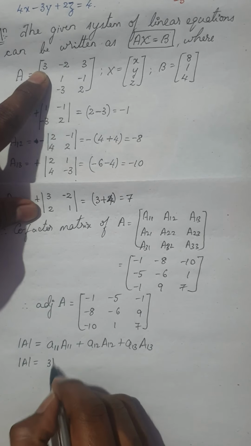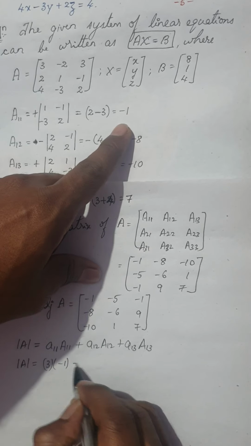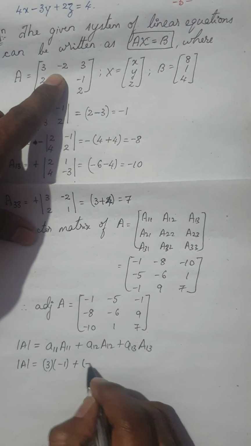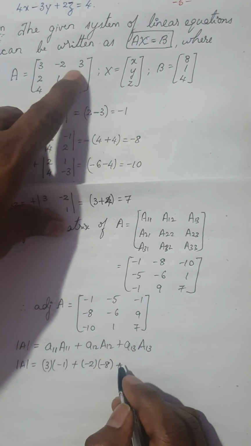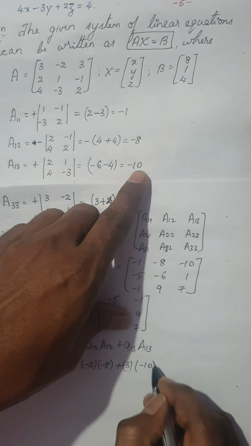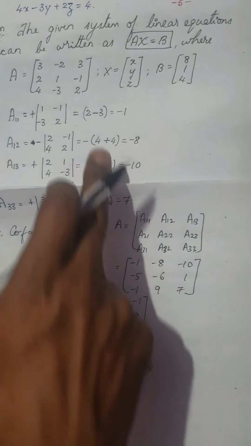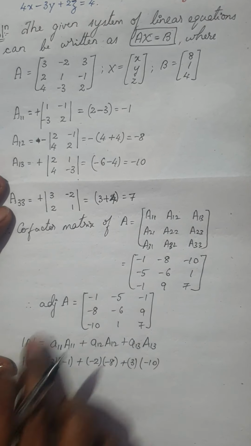So I have 3 into A11, the cofactor of A11. So 3 into minus 1 plus A12 is minus 2. Its cofactor is minus 8 plus A13 is 3. Its cofactor is minus 10. Since you have already found out the values here, you need not expand the 3 cross 3